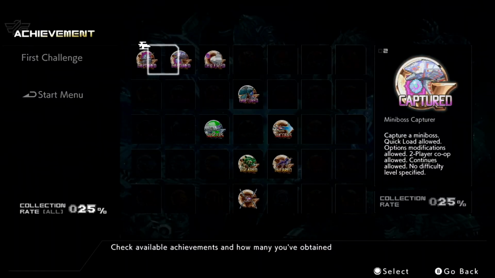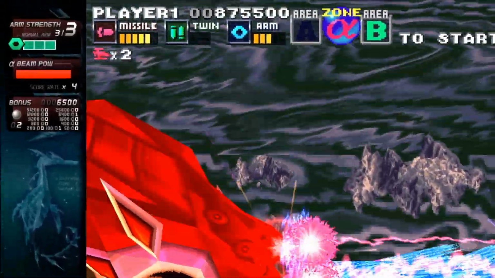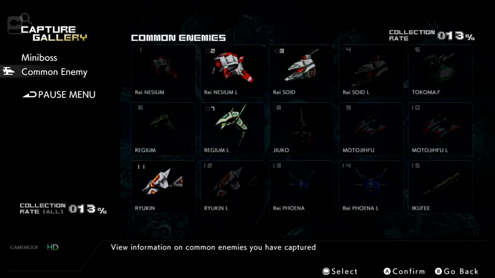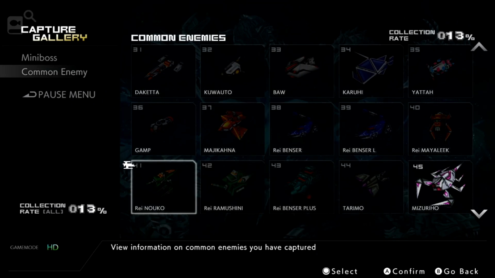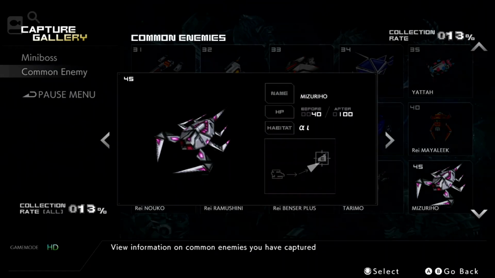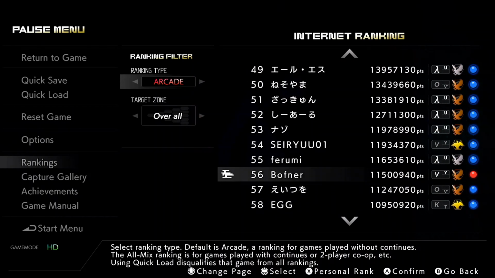Aside from the updated graphics, we also get achievements we can unlock by completing simple tasks throughout the game, such as capturing enemies and mid-bosses and beating certain stages. We also get access to a Pokemon-like gotta catch 'em all list of enemies and mid-bosses that we need to capture in order to fill out some of the achievements. I love how each enemy has its location noted in its data, as well as what it does when you capture it. And of course, online leaderboards are back, so you can compete with players all around the world for